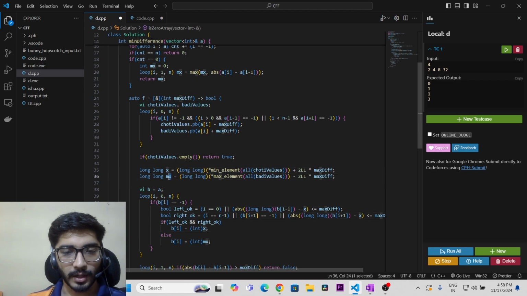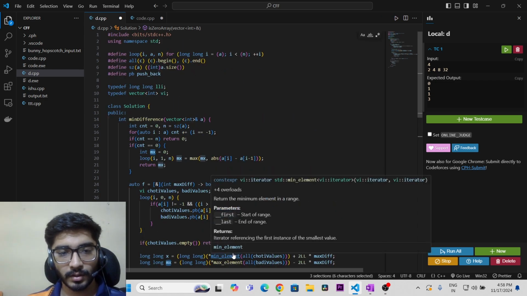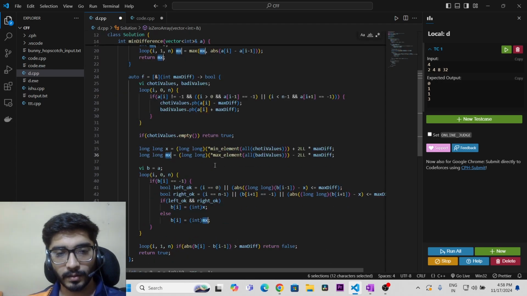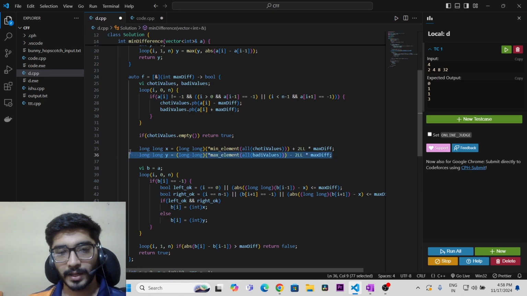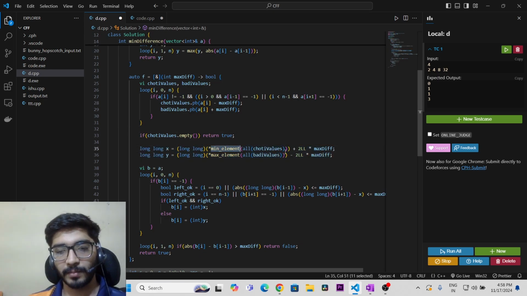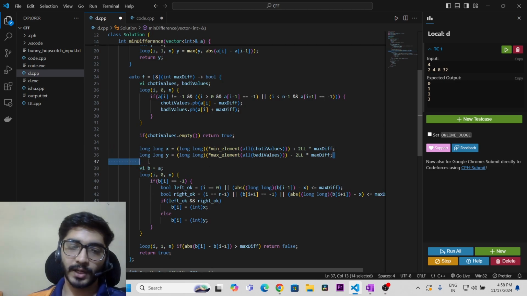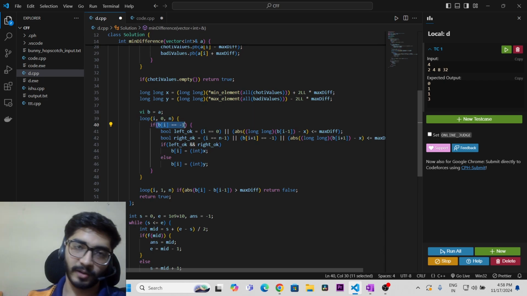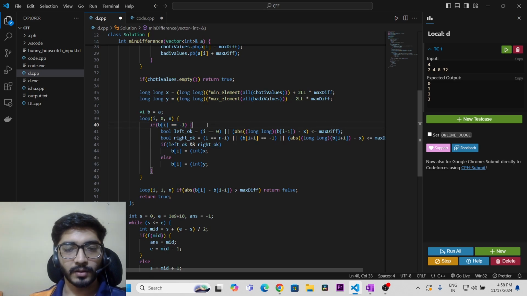अदरवाइज वी नो कि हमारी मिनिमम, और वी कैन से दिस वैल्यू एज x एंड दिस वैल्यू एज y। हमें दो वैल्यूज फिगर फिक्स करनी थी, सो दीज आर x and y। तो हम अपनी x एंड y वैल्यू को फिक्स कर सकते हैं। x इज बेसिकली मिनिमम एलिमेंट प्लस ट्वाइस ऑफ मैक्स डिफरेंस एंड y इज बेसिकली मैक्सिमम एलिमेंट डिक्रीमेंटिंग ट्वाइस मैक्स डिफरेंस। सो ये ऑपरेशन सारे हम एक कॉपी पे करेंगे विच इज़ बेसिकली एरे b, क्योंकि हम सारे -1 वाली वैल्यूज को चेंज करने वाले हैं टू चेक वेदर हम चेंज करने के बाद मैक्स डिफरेंस से कम में एक एरे को कंस्ट्रक्ट कर पा रहे हैं या नॉट। तो दिस लेफ्ट ओके एंड राइट ओके इज बेसिकली अ चेक कि क्या मैं यहाँ पे मिनिमम वैल्यू रख सकता हूँ।